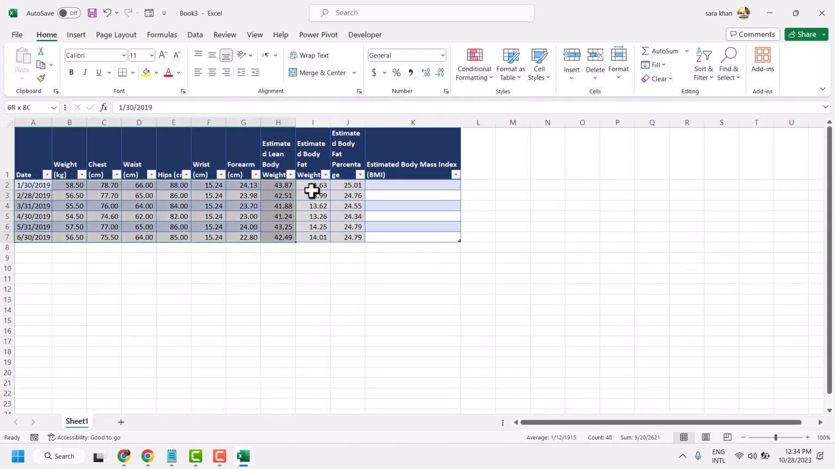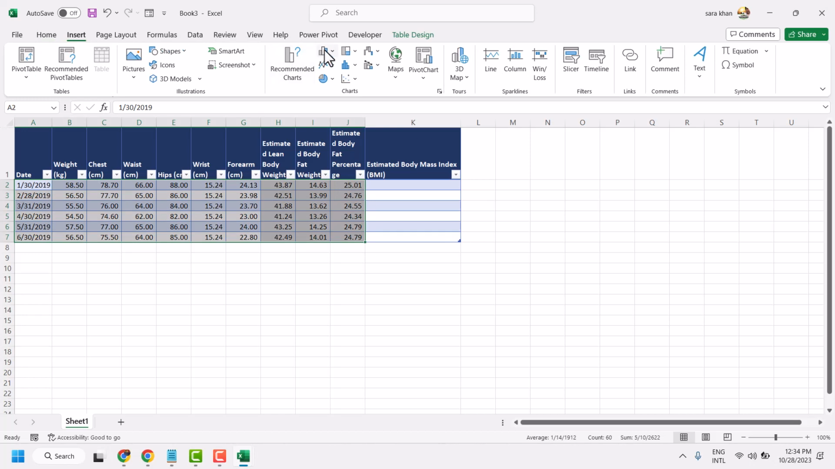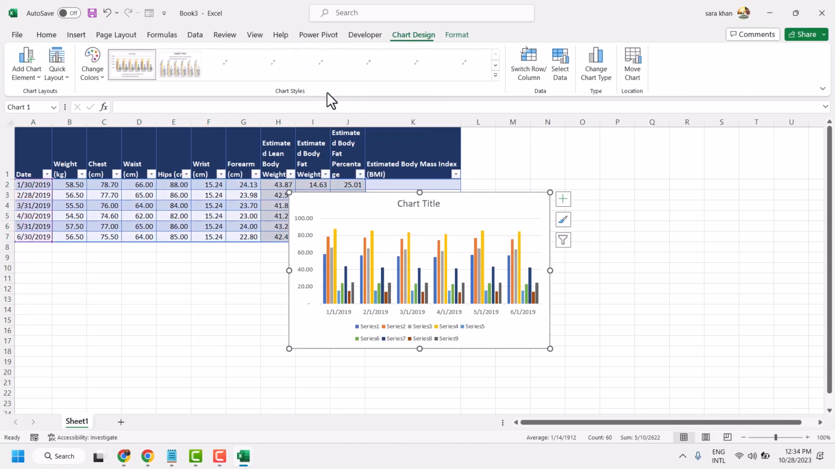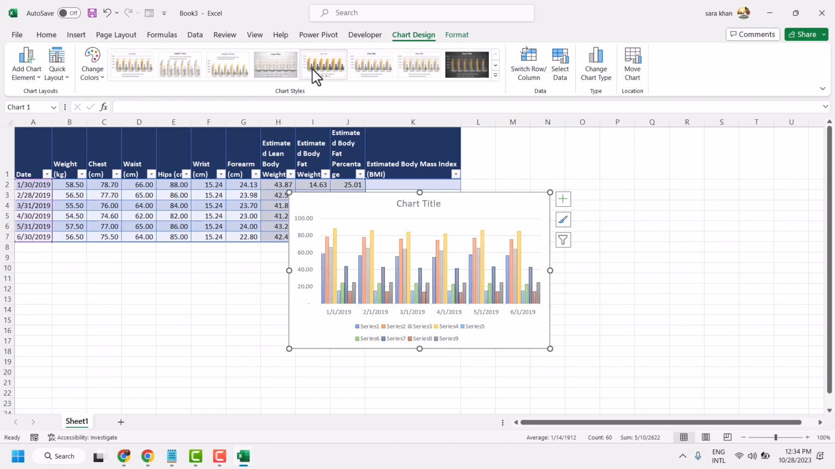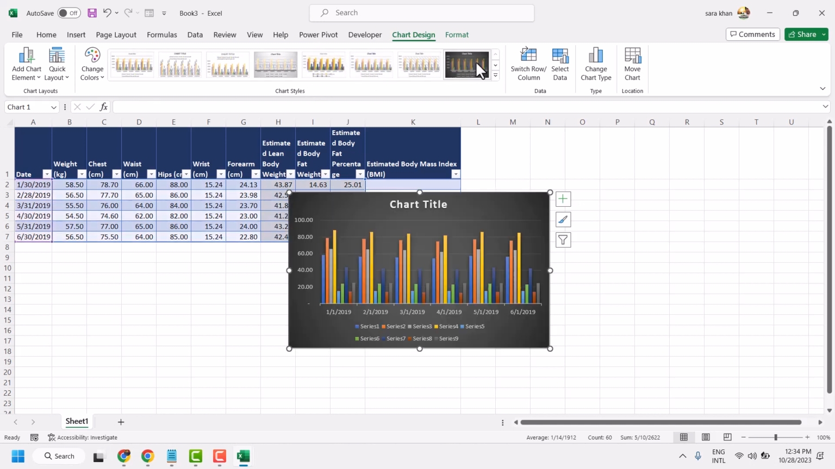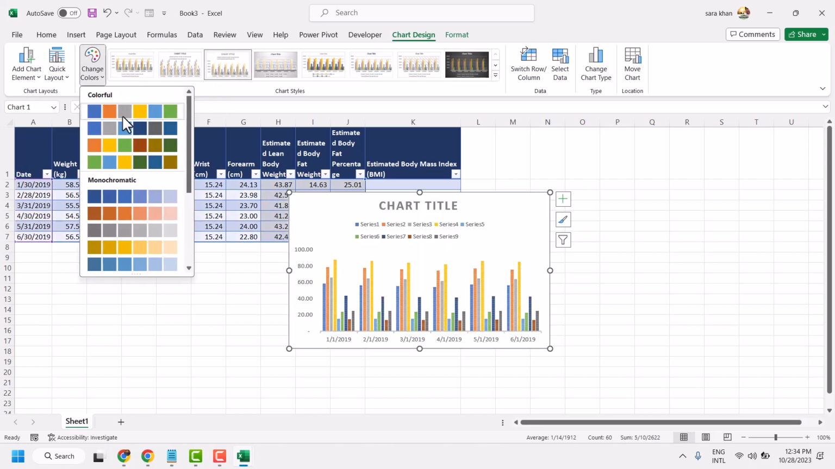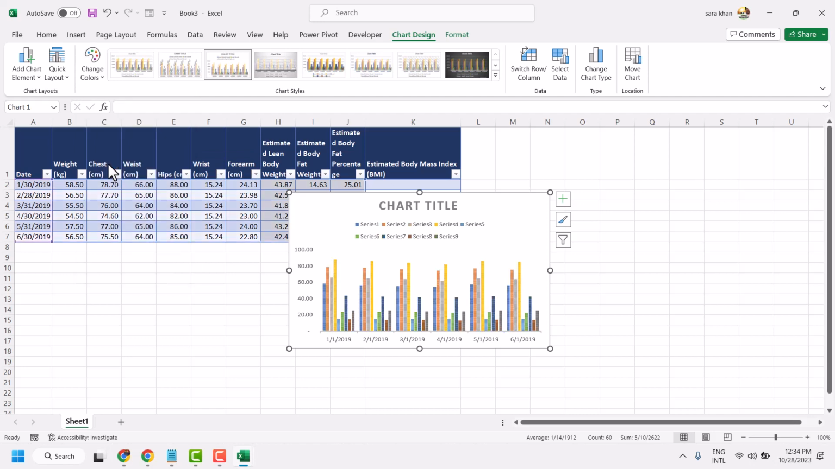So select firstly your data, then insert and select any type of chart. You can change style, color and whatever you need. There are so many options. You can change color combination,